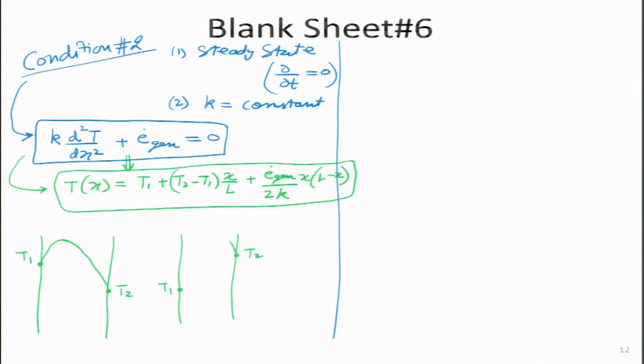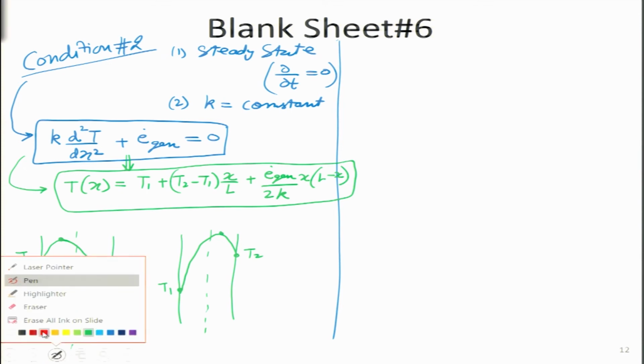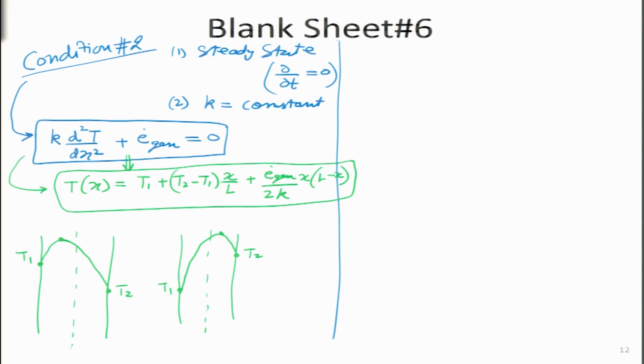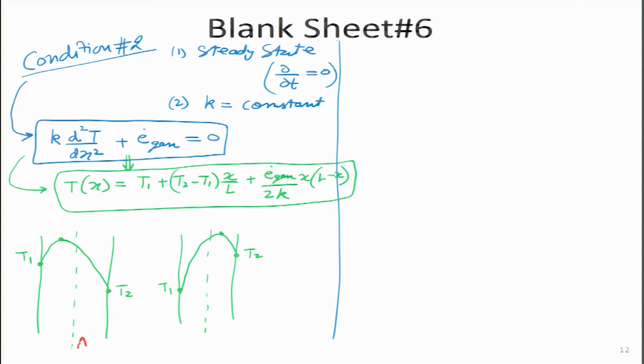So, what happens in this case? Again it will be a parabola, but it will go somewhere over here. And the immediate thing you can remember from last lecture is that we can also predict the location of the maximum temperature point. Over here it is close to the hotter point, here again it is close to the hotter point. I can even draw the direction of heat transfer. If I have to ask you in what direction heat transfer is taking place inside wall A, which is the left hand side, and wall B, just by looking at the temperature profile in steady state, can I predict where the heat transfer is going?